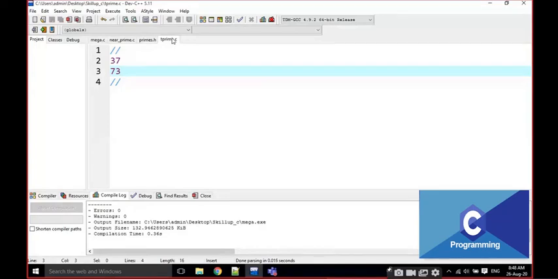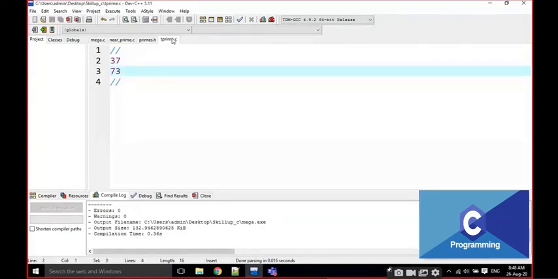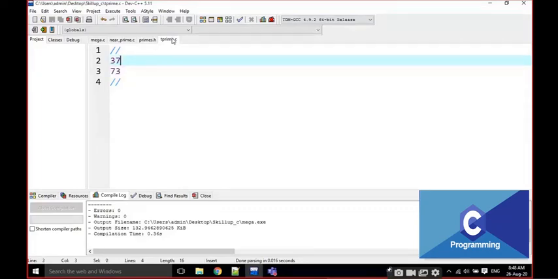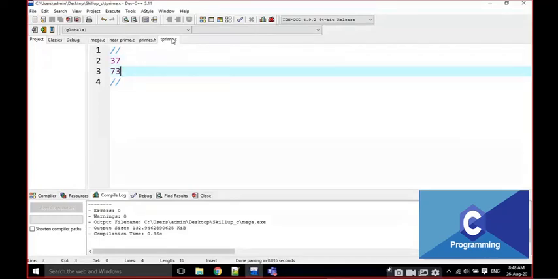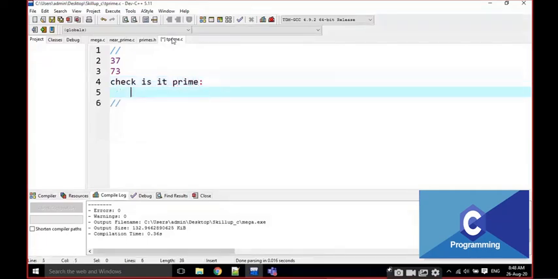Okay. If I check whether the number is prime or not, then I am going to rotate the number and check it again. Is it prime or not? Again I am going to check. Okay, very simple thing. First of all, we have to check, is it prime? What is my algorithm here? Check, is it prime? Then only we have to write logic here.